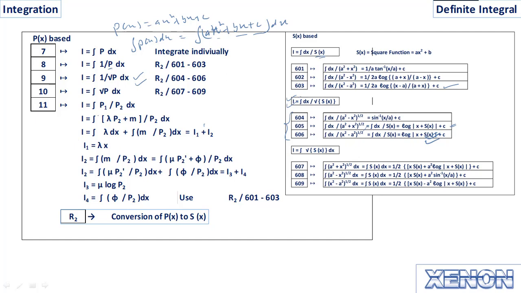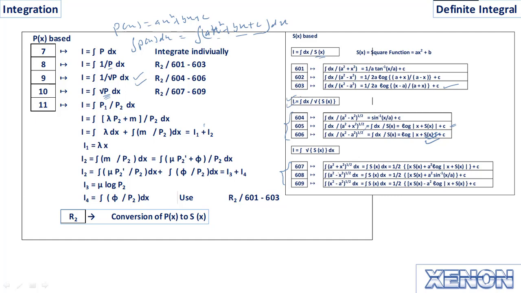When we get the integral of the form I equals to integration of square root of Px dx, here again we will convert Px into the form of Sx, then our equation will come in the form of integration of square root of Sx dx, and here again we have seen in the previous